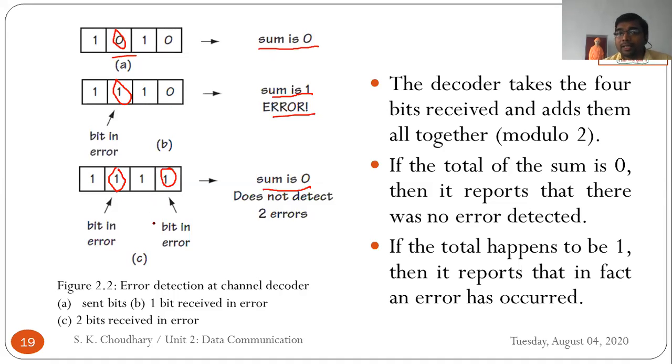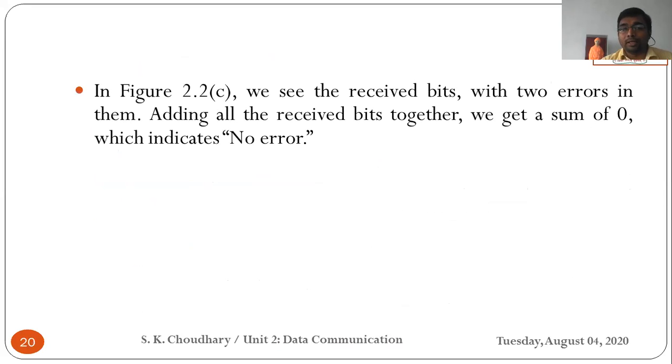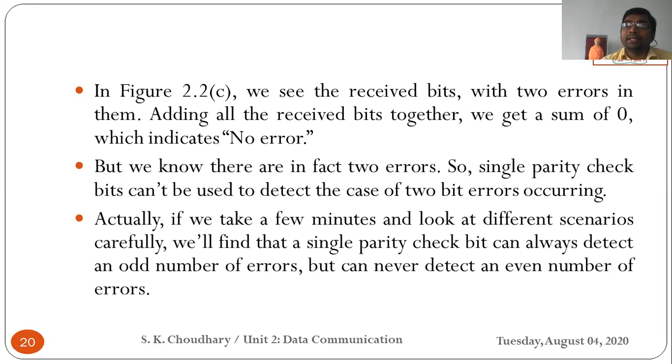As we know what the transmitted bits are, that's why we are able to detect that there is a 2-bit error. But the receiver does not know what actually has been sent from the transmitter end. So it would not be able to detect, and it would consider that sum is 0, means there is no error. Okay. So this is the limitation of a single bit parity check. In fact, we know that there is a 2-bit error, but the single bit parity check method would not be able to detect this error. That's why it is not suitable for detecting the 2-bit error.